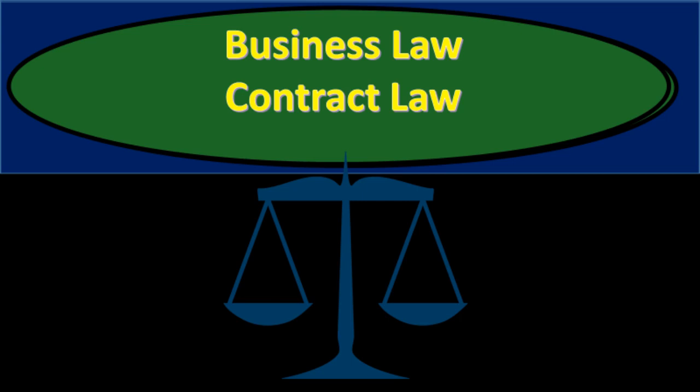Now, there are some contracts that will need to be in writing. We'll discuss that, but just note that that isn't one of the four elements, and therefore we have to think about, well, what's the difference between an agreement and a contract? Note that social agreements, like an agreement to meet for dinner or something,